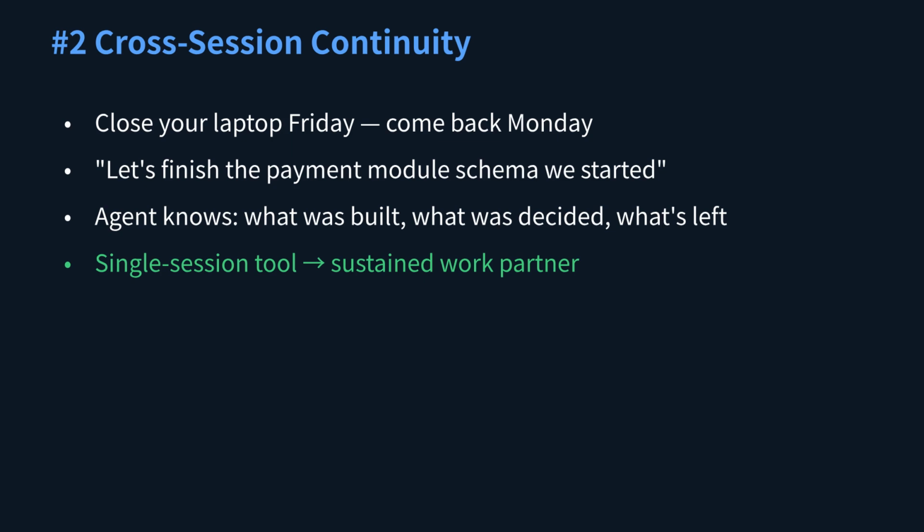The second shift is cross-session continuity. Most real knowledge work takes days or weeks. Without memory, your AI loses all context every time the conversation ends. With memory, you can close your laptop on Friday, come back Monday morning, and simply say, "Let's finish the payment module we started." And the agent knows exactly what you were building, what decisions were already made, and what still